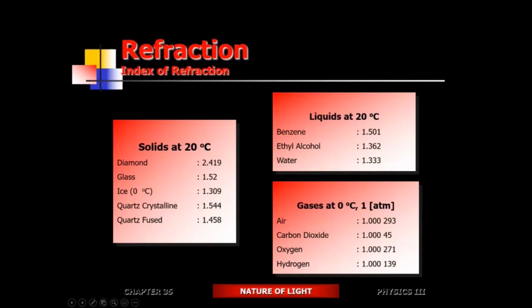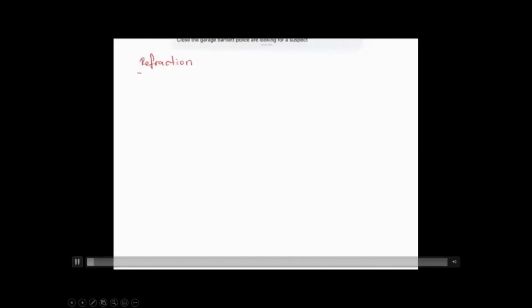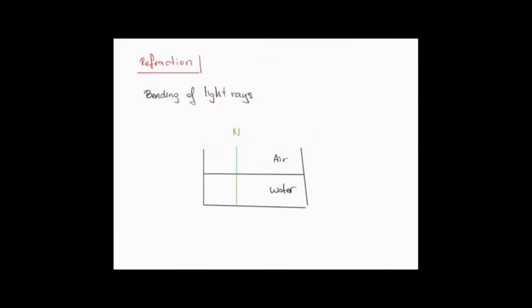So the question is, how does the light slow down? That's the number one question. Number two, so it slows down. Why would the light bend? How do you explain that? Refraction is the bending of light rays from a straight line. The light is going to bend every time it's changing medium. Every time the density of the medium changes, the light is going to bend.